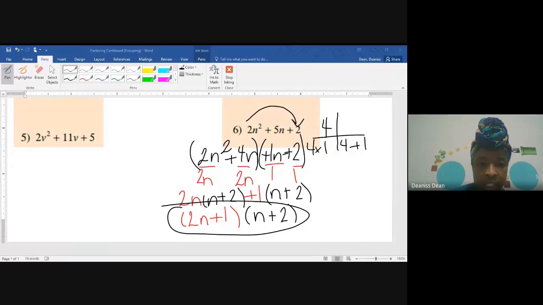Do I need to do any other examples, or do we understand? You can just give me a yes or no in the chat so I know. Do I need to do any more examples of factoring by grouping? Okay, I got one. Okay. All right,